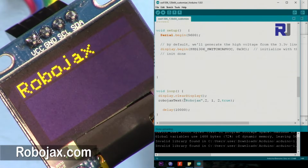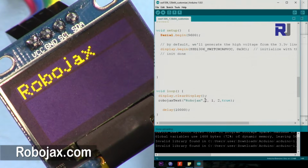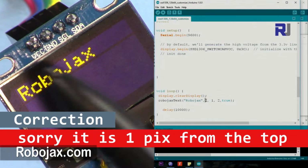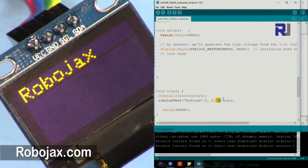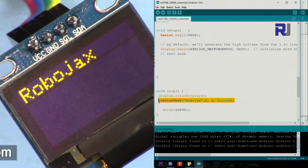So this code just says to print the word Robojax at the position X equal 2, so 2 pixels to the right and then 1 pixel from the bottom. That is Y, and then the size of the text is 2, and then true means print the display. So now if I have another text, I just